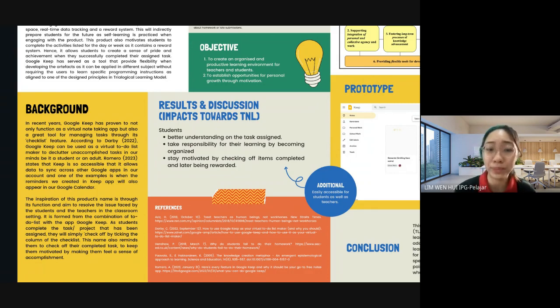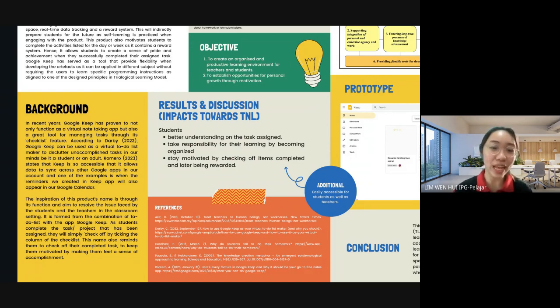As students complete the task or project that has been assigned, they will simply check off by ticking the column of the checklist. This name also reminds them to check their completed tasks and to keep them motivated by making them feel a sense of accomplishment when they are rewarded with smiling coins, and I will explain that later.